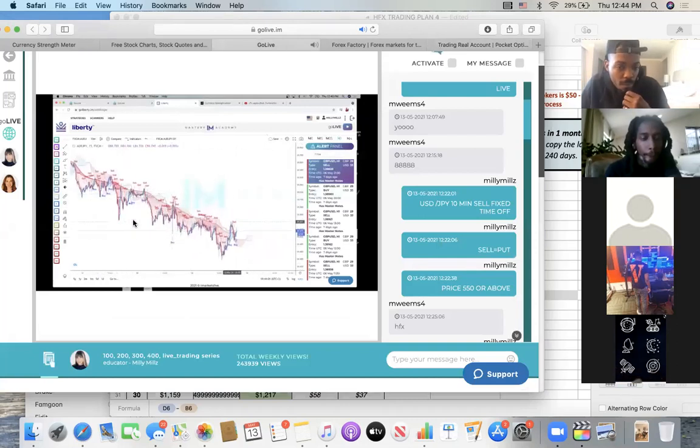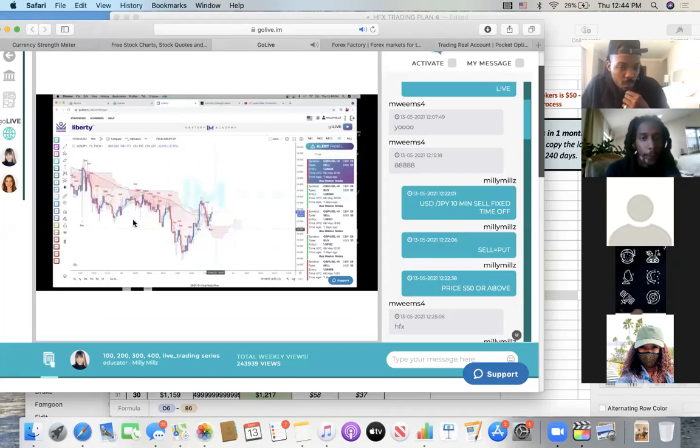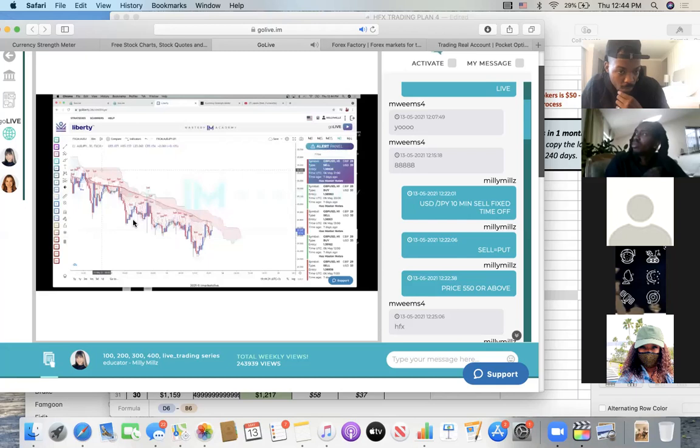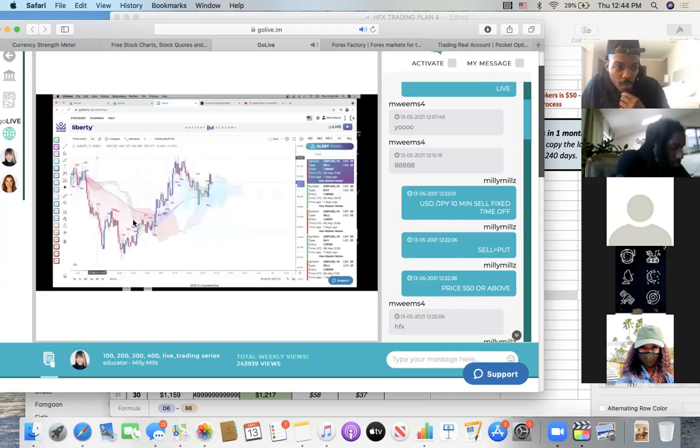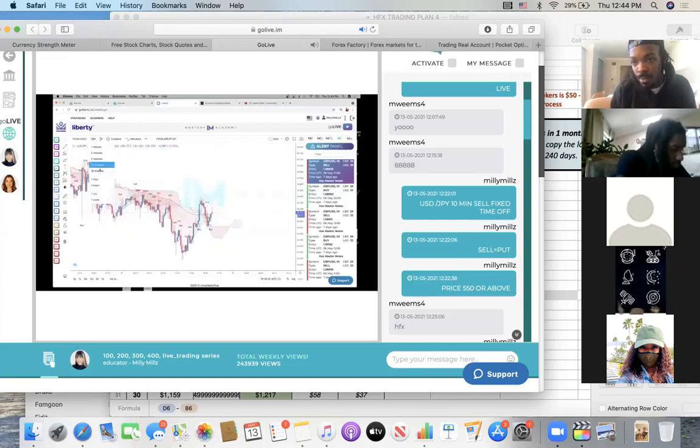Okay? Look at that. It even broke the cloud on the 15 minutes. So this is not a good sign right now. It gave us that buy not too long ago, like 30 minutes ago. Look at that. You see the reversal? Boom. So from that drop, it reversed up. And now we're definitely going to catch that sell when it actually reverses. So hopefully by 12:50, 1 o'clock, we might see that reversal level. And like I said,